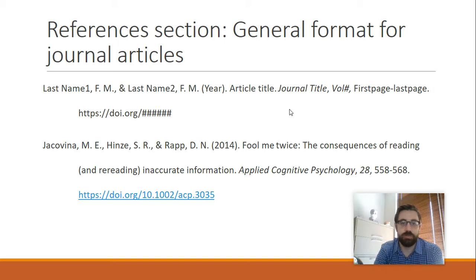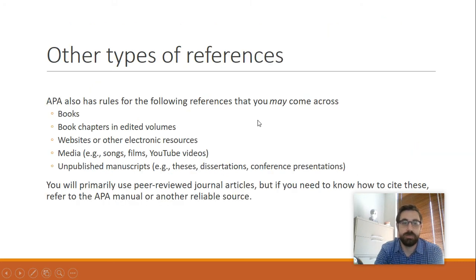So this is our general format that you can use as a template to follow. There are other types of references that might show up, like books or book chapters or websites or media or unpublished manuscripts. APA has rules for all of these. And so if you're doing a study and you're including a song as materials and you want to cite that song,